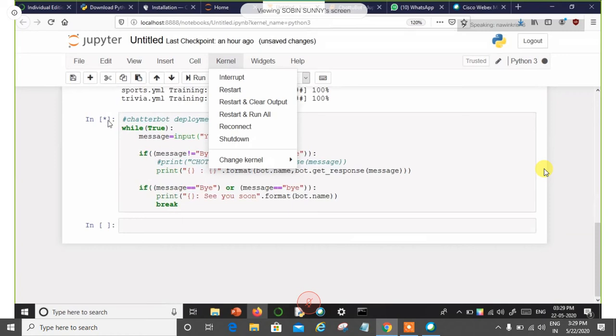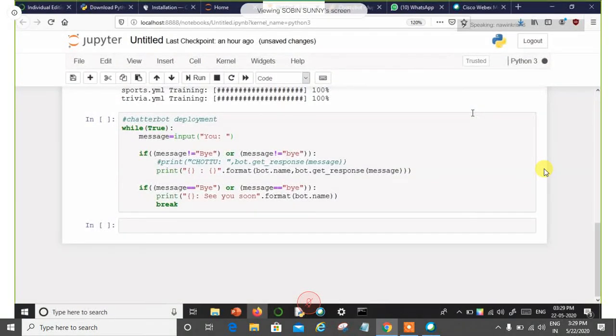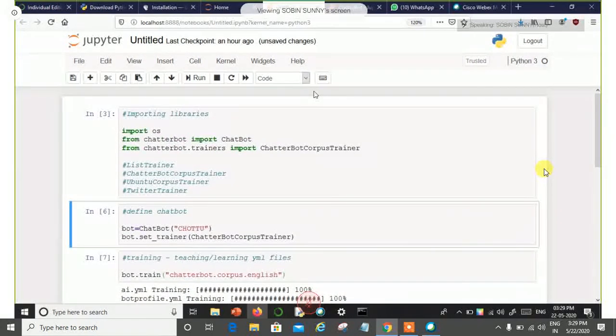If you're having the same problem, you can also go to restart kernel, and then restart and run all. I'm going to restart now. The kernel is nothing but the one taking care of all these codings, like the middle worker, like the compiler that understands and interprets the code. That is what your kernel is, so you don't have to care much about that. You can see the kernel has restarted now.